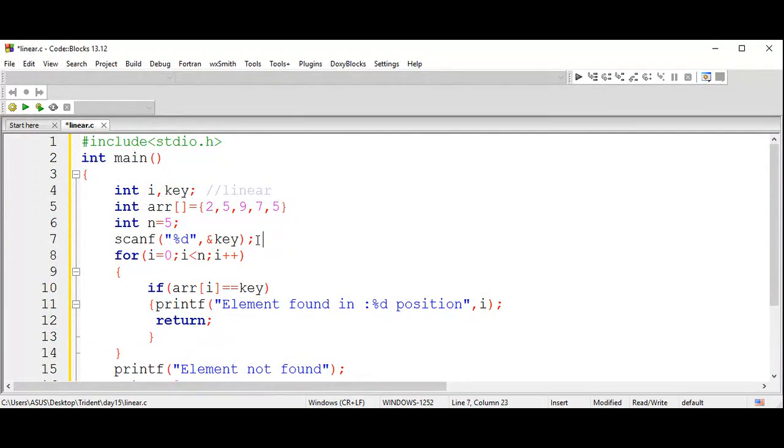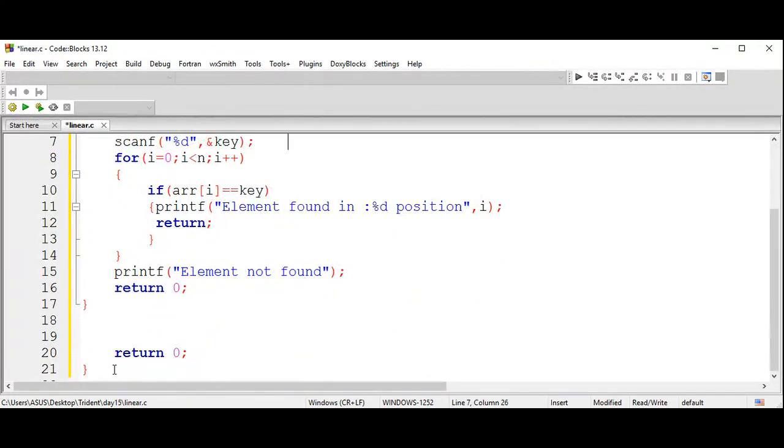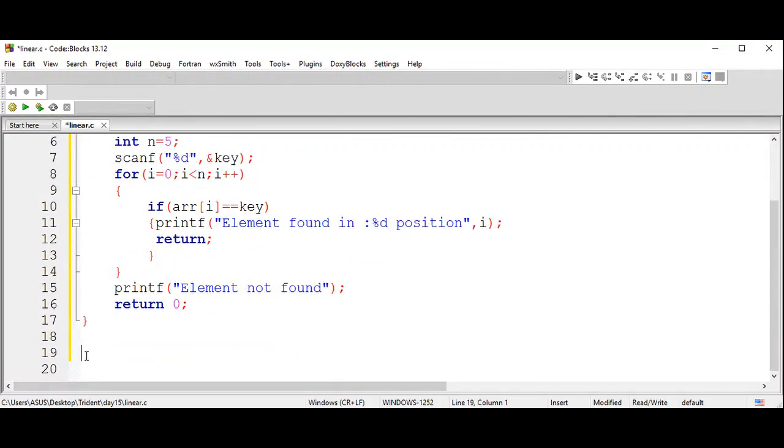If your key value is given as 2. Let me write here, guys, it is very important. Oh, it is already written. If your test case is given as, let us take a few cases and we'll calculate the time complexity and execute this program. So if your key value is given as 2, how many comparisons does this loop take?